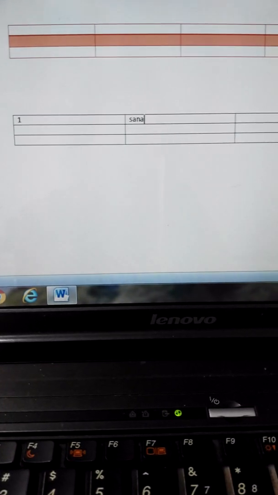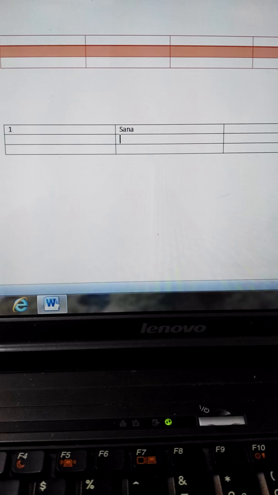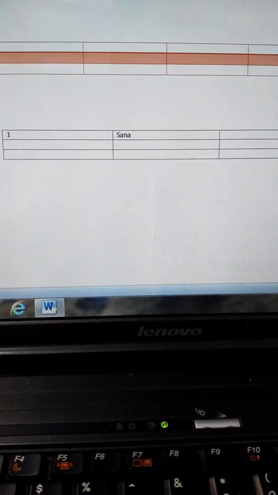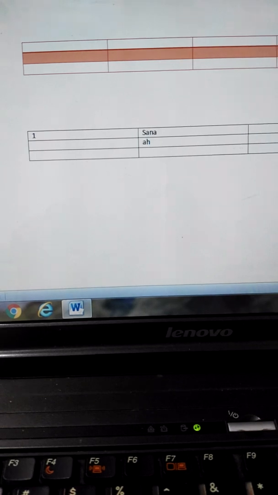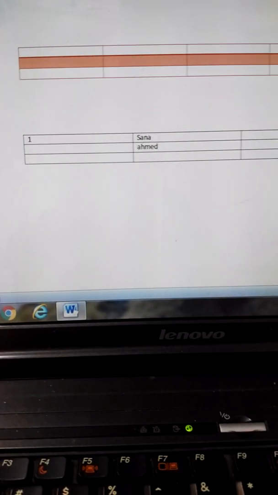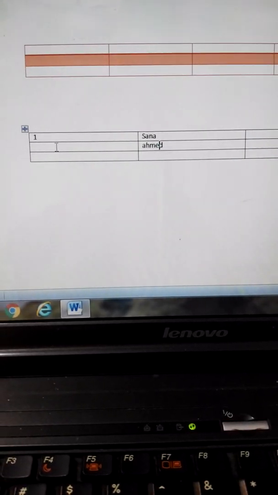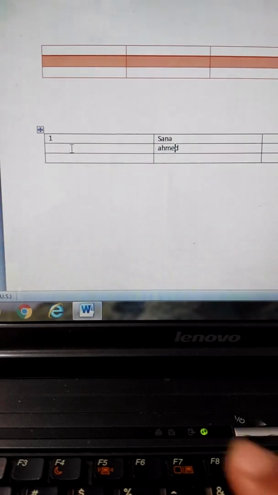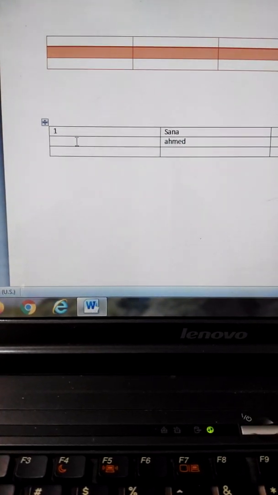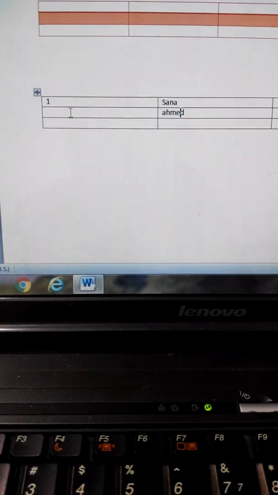and if I want to move to the cell down the screen, then I will press the down arrow key, and now I am going to write the name of another student, Ahmed, and if I want to move back to our previous cell, then we will press a combination of 2 keys from the keyboard, the tab key and the shift key.